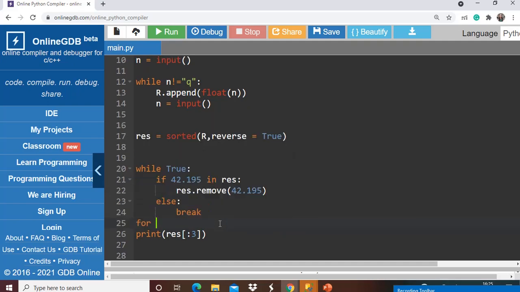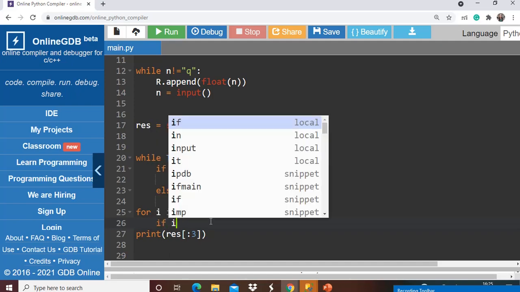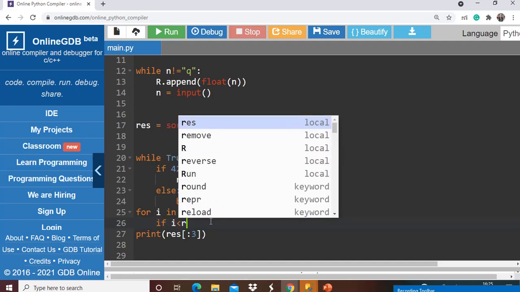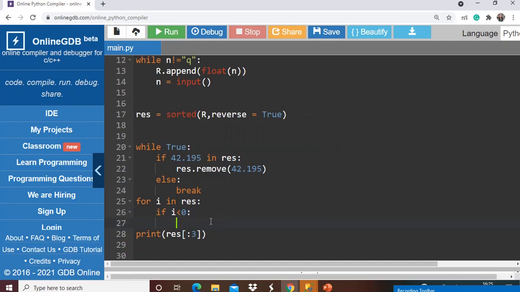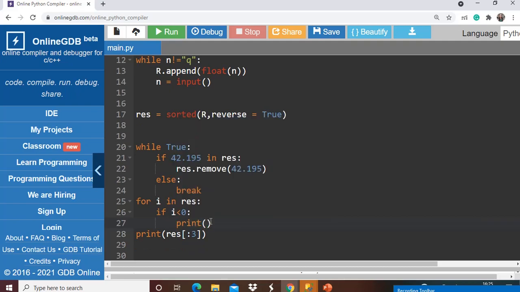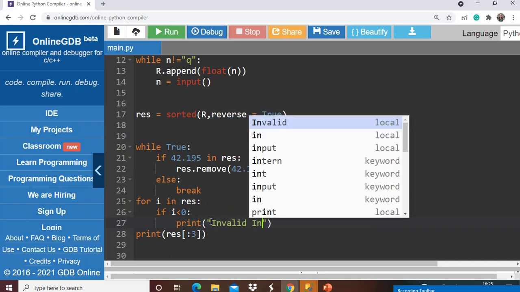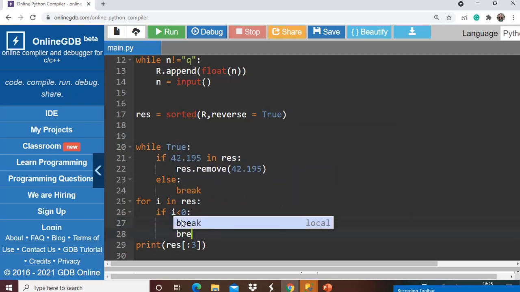So for i in res, if i is less than 0, so if some value is less than 0, we have to simply print invalid input, right? And we have to just break out of the loop.